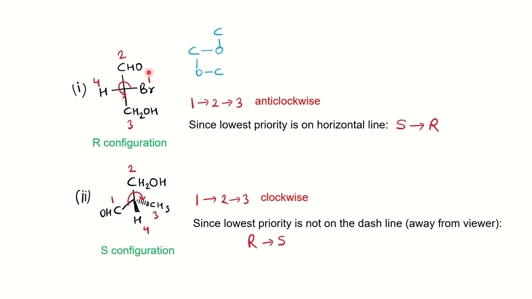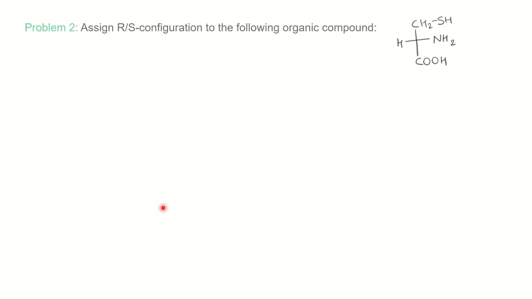So this is the way you can directly solve here. The other possibility is that you rotate the 3 atoms. Okay, hydrogen you bring on the vertical line, CH2OH will go on the bromine, and bromine will go on the hydrogen place, keeping the CHO constant. Then you don't have to interconvert. Similarly, you can do the rotation here to bring the hydrogen on the dash line. But without doing that also, you can do it in the same position. I hope it is clear. If not, we will look at the next problem.